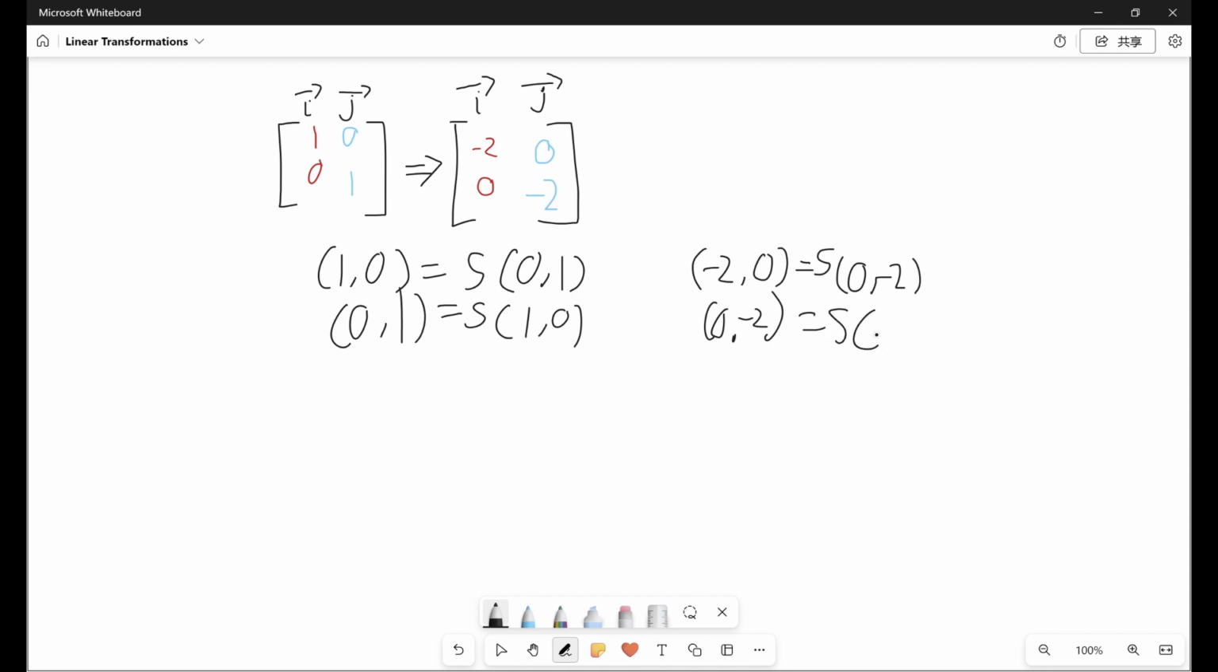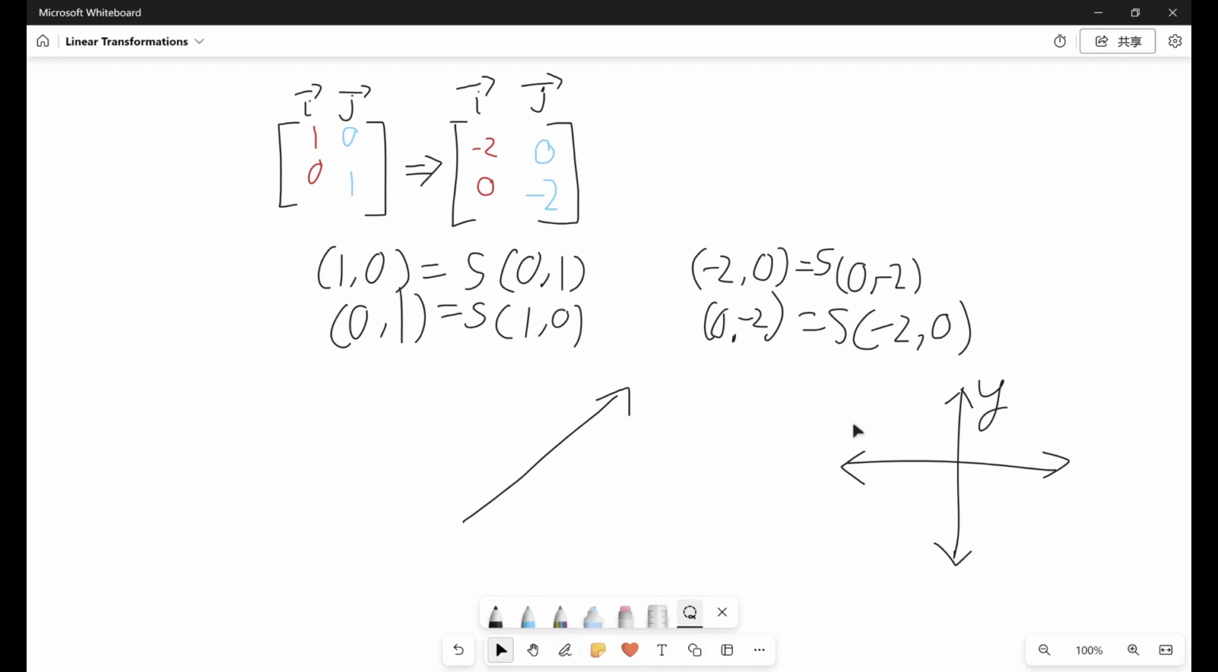The same thing over here. You don't want negative 2, 0 to be represented by any scalar times the other component, 0, negative 2. You don't want 0, negative 2 to be represented by a scalar times negative 2, 0. Because if this happens, if they are linearly dependent, then your transformation is basically you transferred the whole 2